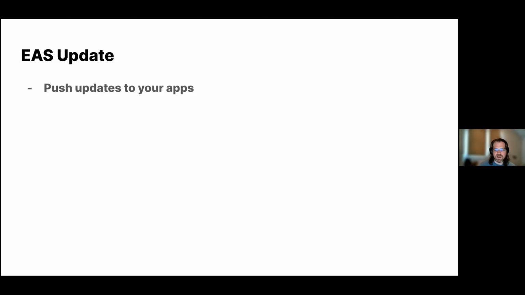Because of the way Expo apps work, most of your code ends up being written in JavaScript. It's just React code. So when you make a change to your JavaScript or TypeScript code, you're able to tell us, and we'll use our CDN network to push out a complete copy of the new version, including assets, code, fonts, images, videos, whatever. When that's fully downloaded by your users, the next time they open the app, they'll get the new version. A lot of people who use Expo use this to do continuous deployment for their apps. It gives them the ability to fix bugs, push features faster,